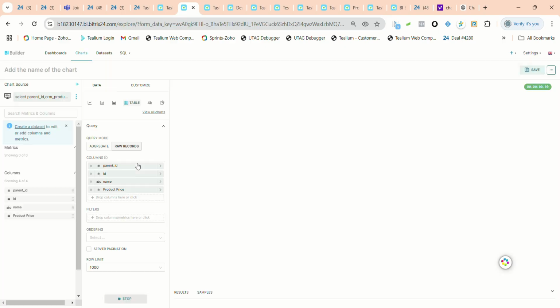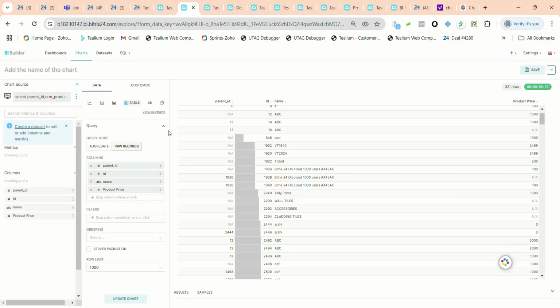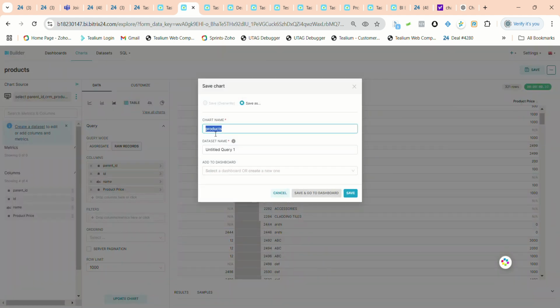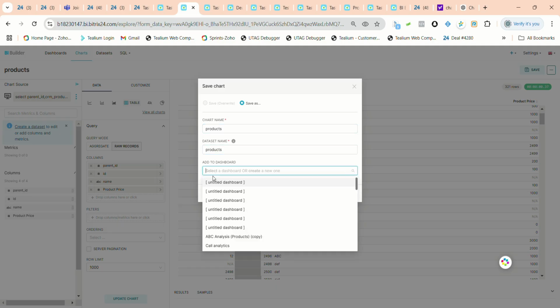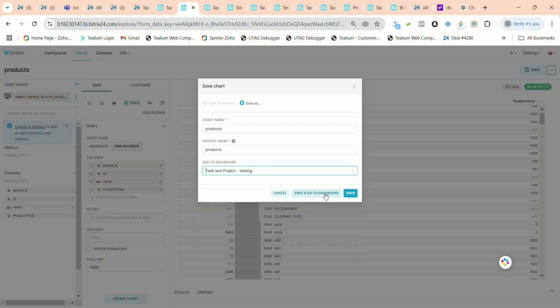After that, again create the chart, mention the chart name, save it. You mention your dataset name also, and which dashboard this chart will be viewed in. You can select any chart. For example, I captured the chart in the task and projects testing